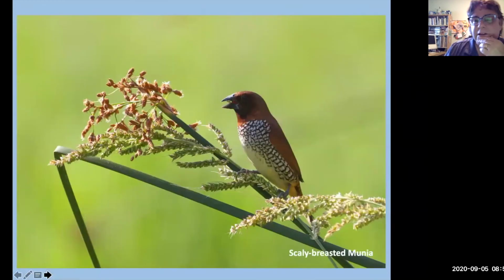I love the Scaly Munia. When I like something, I make a lot of photos of him. In this process, this day, I made 711 photos and I kept about 100 photos. In the total process, I took about 2,300 photos, and I'm sharing about 85 of my photos with you here.